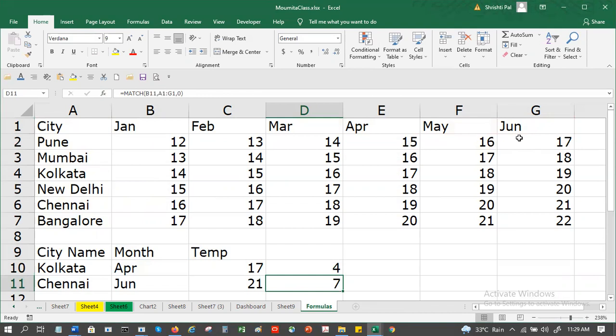April is the fourth column. But if my pivot table, the VLOOKUP table, starts from column A, then my April is 5. So whenever I do that calculation, if I start from column B, then I have to do +1. Otherwise, if I start from column A, then I don't need to do that +1.